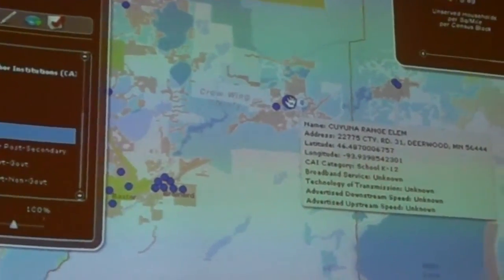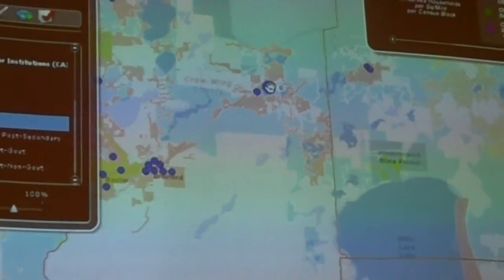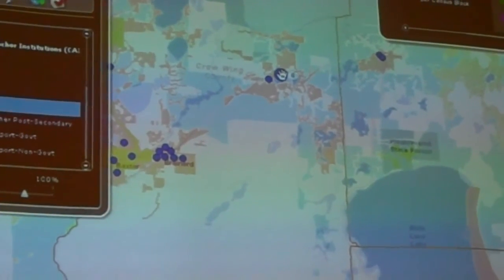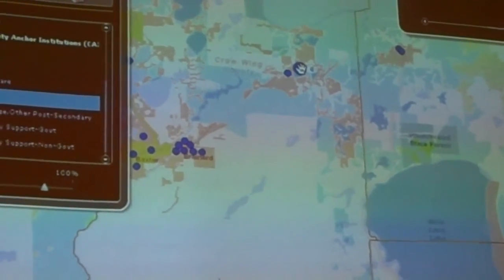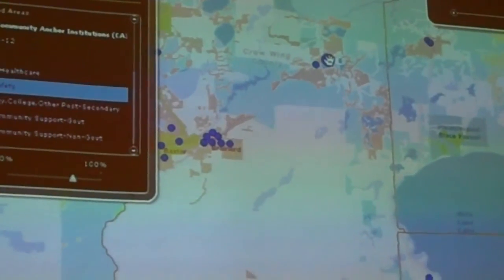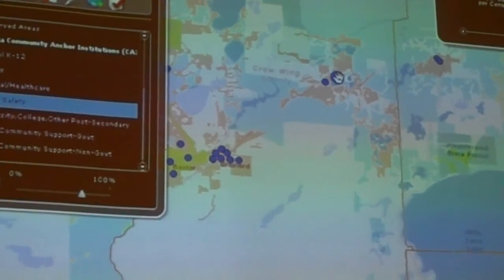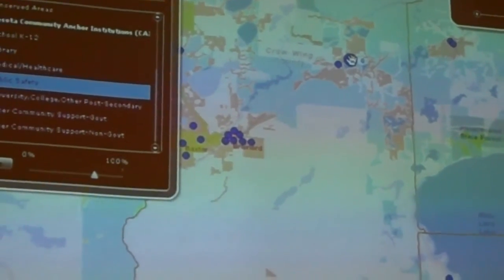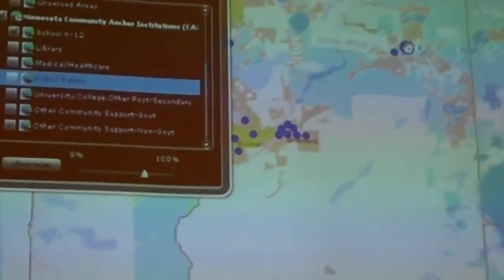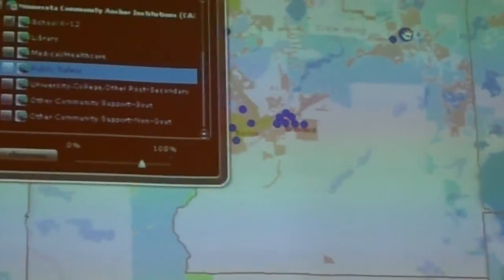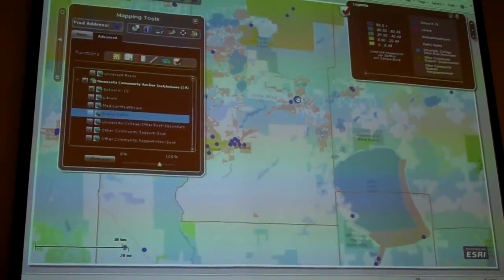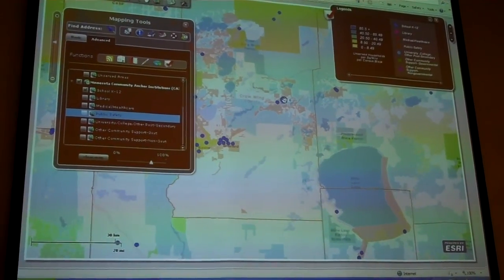If we know what the broadband connectivity information is for that school, that information will display. And so over the course of this project, and thankfully we now have a full 5 years of mapping funding to carry us through the end of at least 2014 to update and refine this map over time, we're going to be engaging in an effort to try to collect as much community anchor institution information as we can. And that includes schools, libraries, hospitals, public safety entities, all the icons that you see